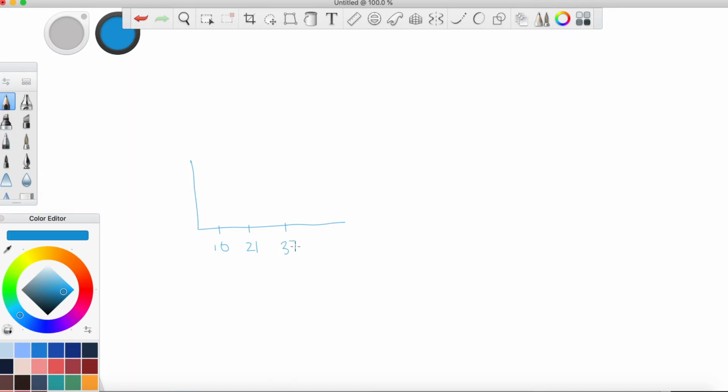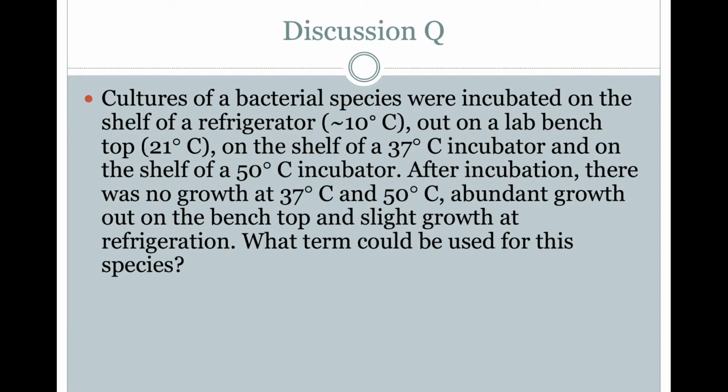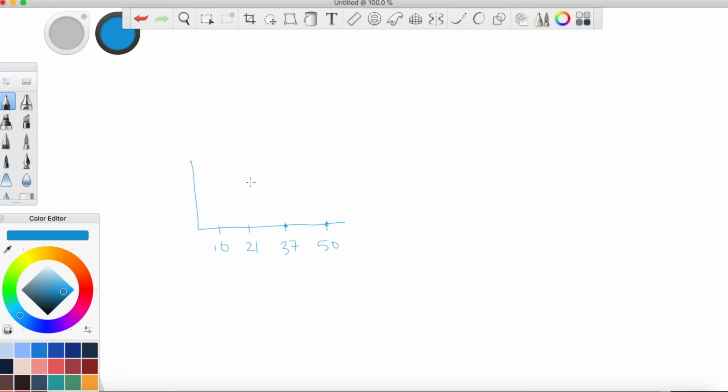I know I'm not making this perfectly linear, but you get the picture. At 50 degrees, we said there was no growth here, no growth here, there was abundant growth at the benchtop and slight growth at refrigeration. So a whole bunch of growth here and a little bit of growth here. Again, if we were just to plot this out,